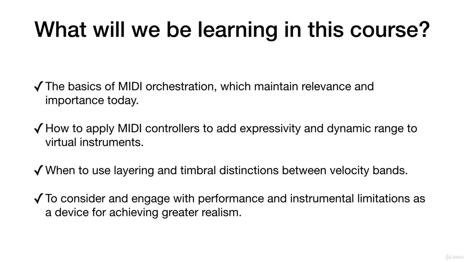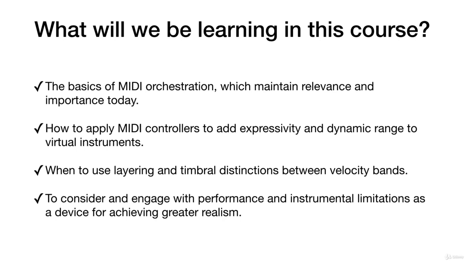The use of stock instruments is important in relation to two other things that we will be learning. For example, we want to squeeze all the expressivity we can out of the instruments we are working with, so as to increase their perceived realism. Stock instruments force us to work harder to achieve this and also apply techniques manually that a lot of modern libraries are programmed to do semi-automatically, so we get to learn them more deeply. For instance, layering different velocity bands allows us to create deeper dynamic changes, replicating acoustic properties of real instruments more closely. And this is important in relation to the last point as well.